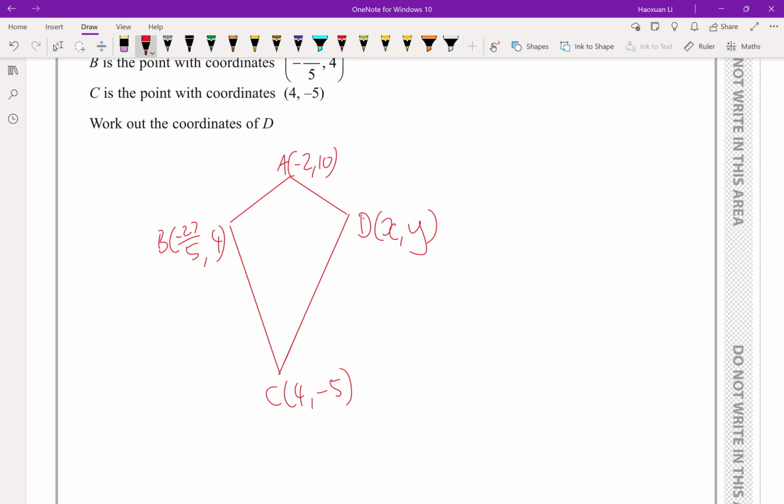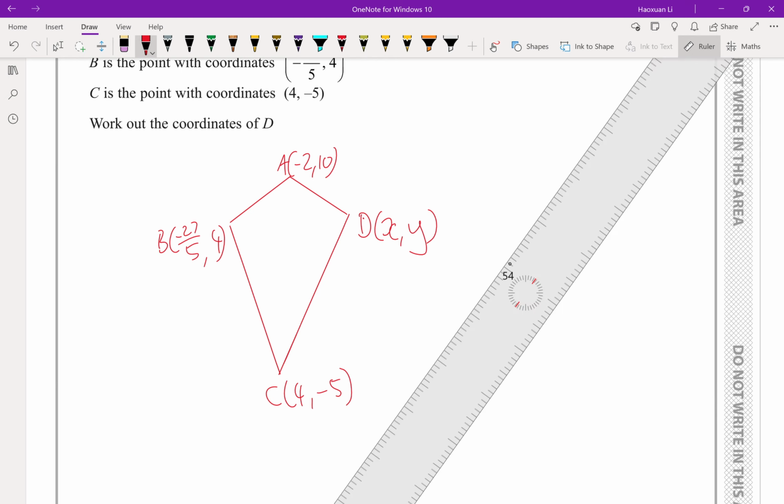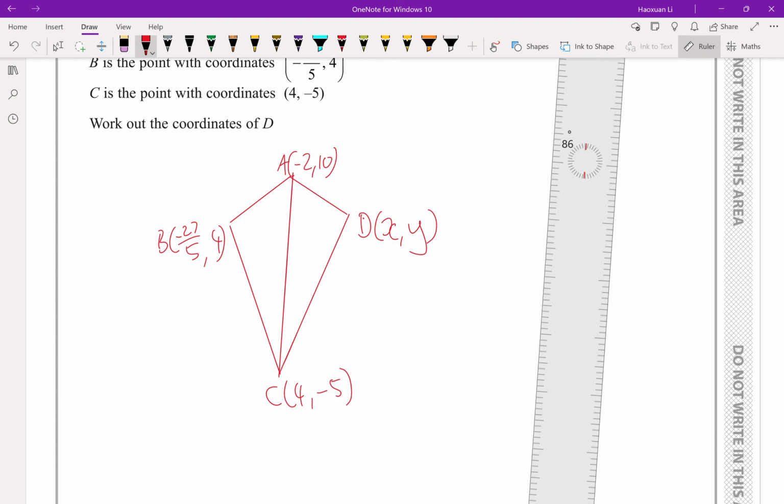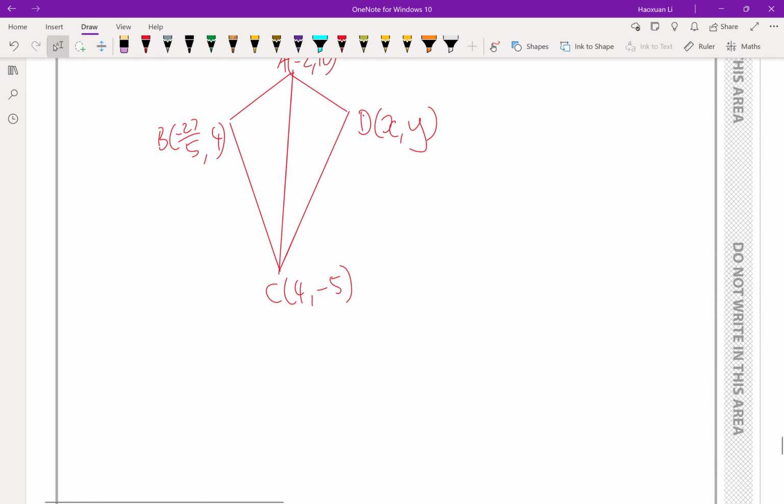So first, let's try to find the distance between these 2 points. Now, distance is probably not the best way. So the best way is to find the gradients between these two. Distance, that one also works, but this will take the most time. So therefore, so you go